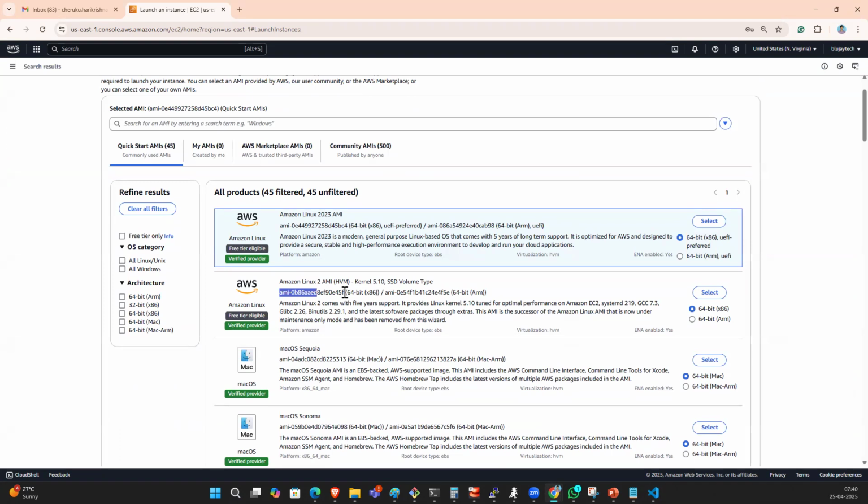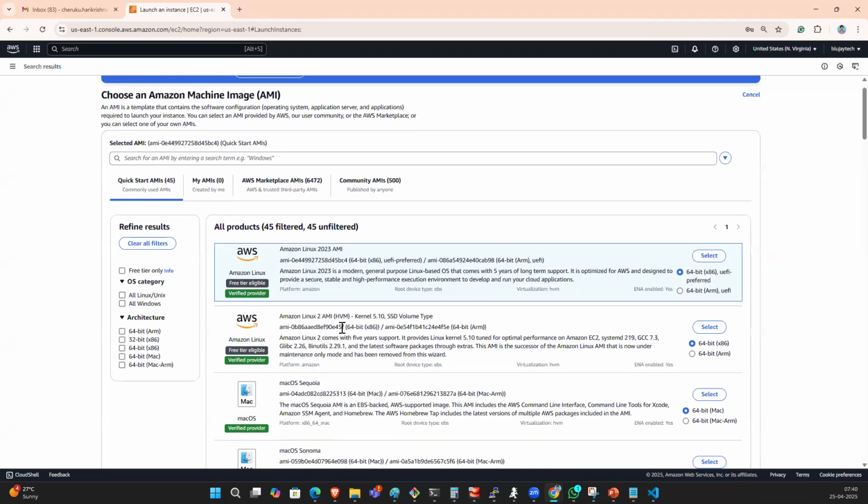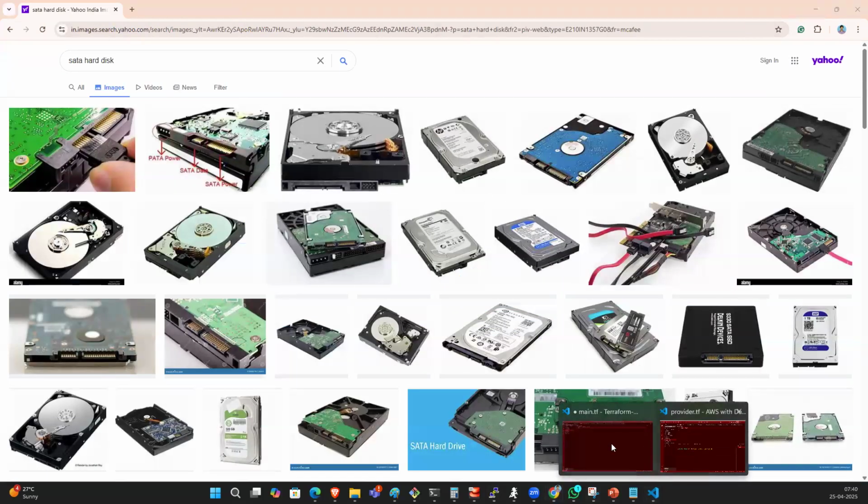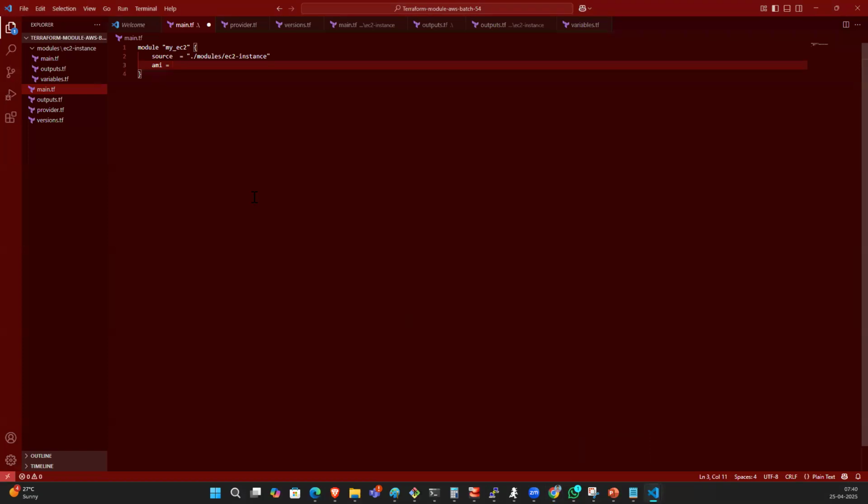For example, this is the AMI. Which AMI do you need, guys? This is the AMI, so this AMI we need. AMI in the double quotes, right? This is the AMI, and you can provide the instance